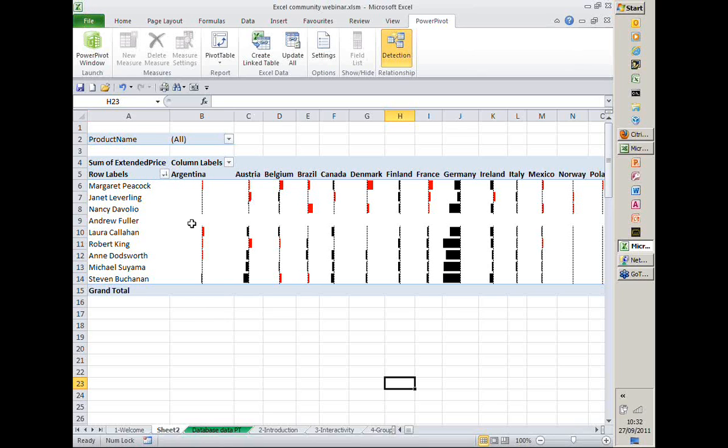So here we're going to look at using pivot tables maybe as the source for perhaps a dashboard style analysis of our data. You don't need Power Pivot to do that. You could do that with normal pivot tables, but Power Pivot does extend what pivot tables does quite substantially. And it extends it in quite a few different ways. So if I launch the Power Pivot window,